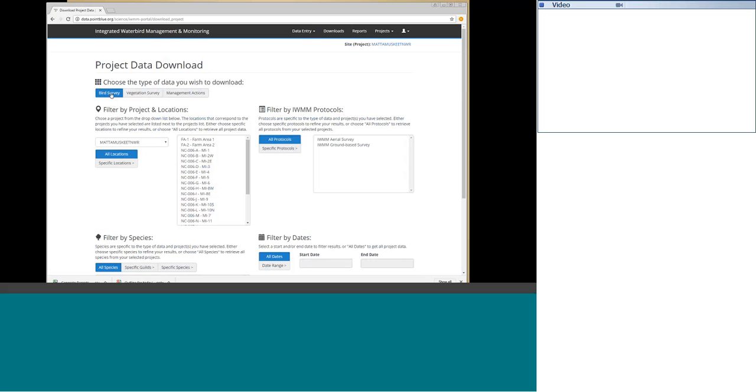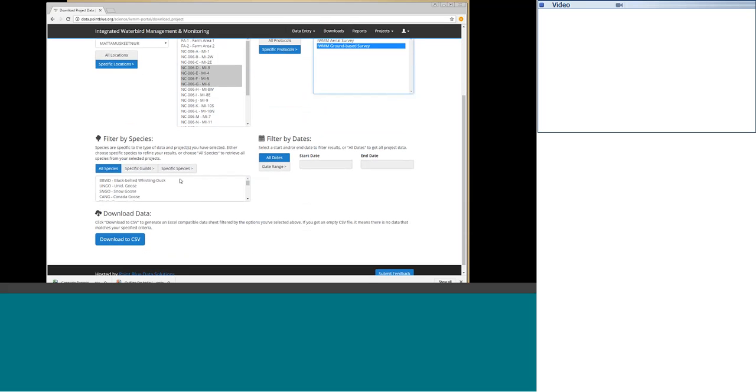You have to download the bird survey, vegetation survey, and management actions data separately. So we can do a set of Mattamuskeet. We'll do ground-based surveys. We're going to do all species, all dates, and then we should get